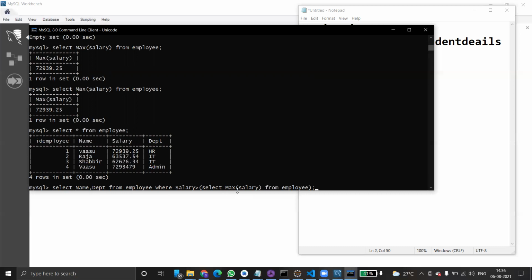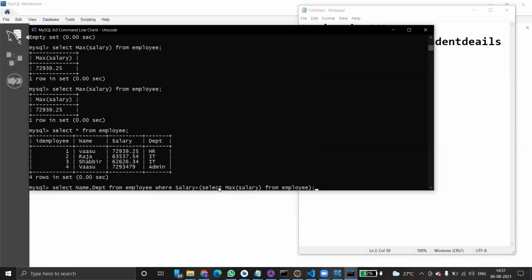A subquery is also called an inner query. So here, what is the inner query? Select maximum salary from employee is the inner query, and the query that contains the subquery is known as the outer query. So this is the outer query and this is the inner query. Coming to the order of execution, the inner query is executed first and gives the result to the outer query. Then the outer query or main query will be performed. Got it? That's how the execution order happens in subqueries.